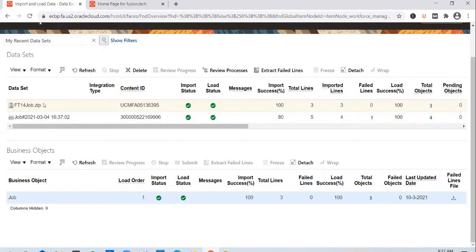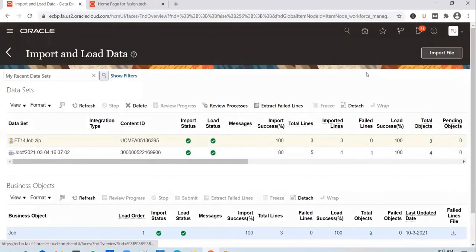And in such a case, you cannot upload multiple .dat files, right? Because when you click on import file, you can select only one file. So that's why they have given that compressed file option. Basically, the import and load is only one interface that we can utilize to load any kind of data set. The only reference factor is that it will look at job.dat, or say location.dat, job code.dat, and based on that, those particular programs execute and they know which staging table it should load and which base table it should update, right?